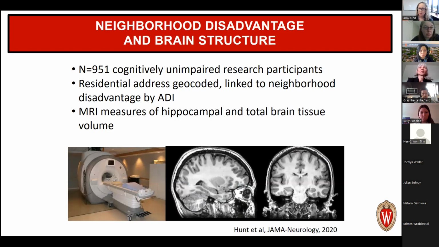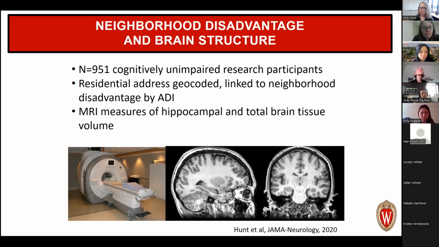I'll give you some examples of some of the studies that are ongoing, but fundamentally in all of these studies, we embrace something called social biological phenotyping, in which we're thinking not just of the social factors, but also quite interested in the biological factors and really trying to build those bridges between our basic scientists and our social scientists towards producing new knowledge. So this study was one of 951 cognitively unimpaired research participants, so these are people with no diagnosis, who have been in a cohort study at the University of Wisconsin for over a decade. Looking at brain health. But they're normal.